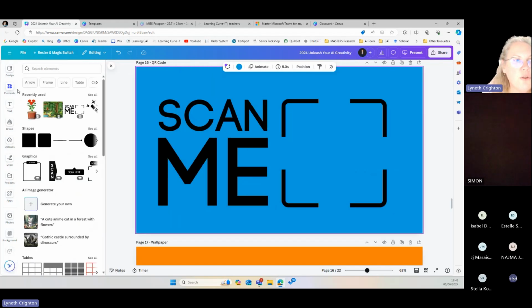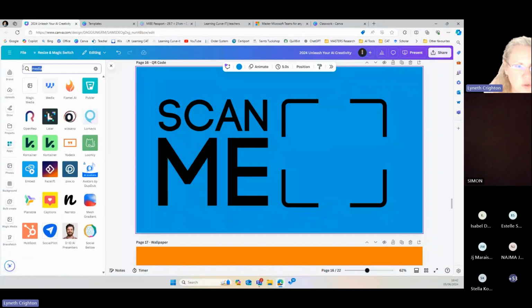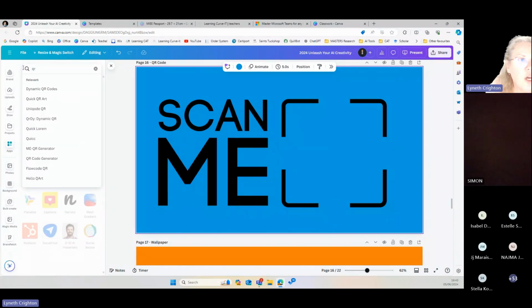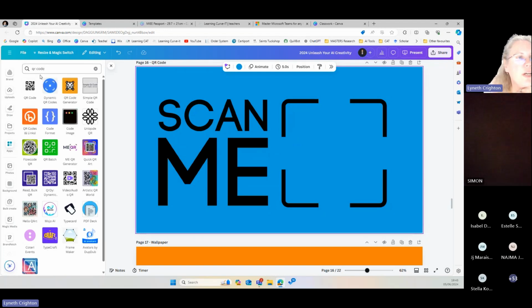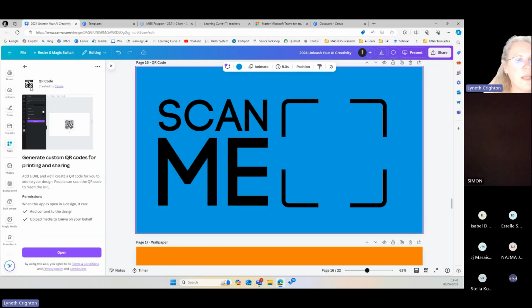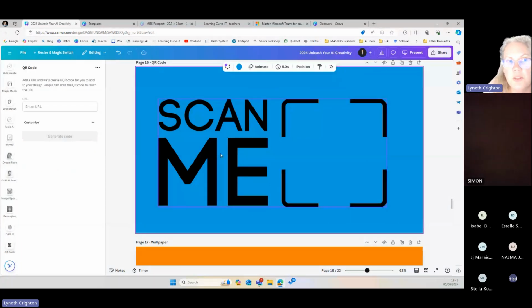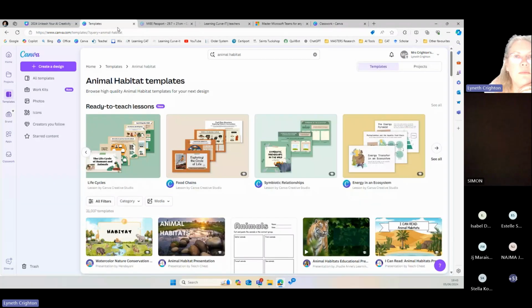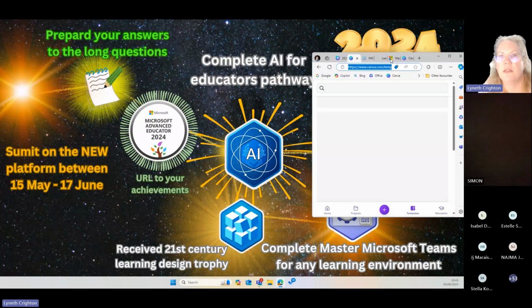if you go to apps again and you choose QR code, there is a batch QR code creator, which means you can update a few. Some of them are slightly different. There's more than one. I can click it. This one is quite a simple one. I'm going to hopefully find my screen, which is hidden behind the control of Teams. Sorry.